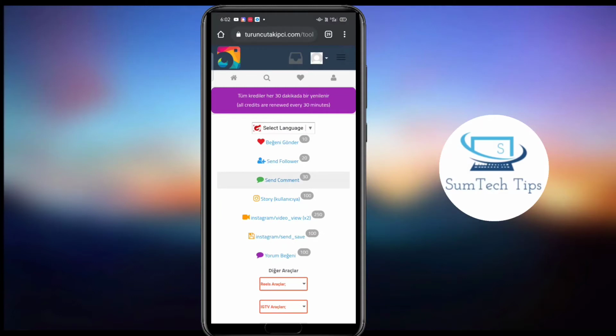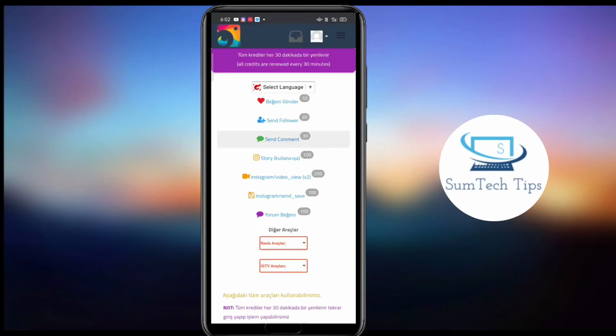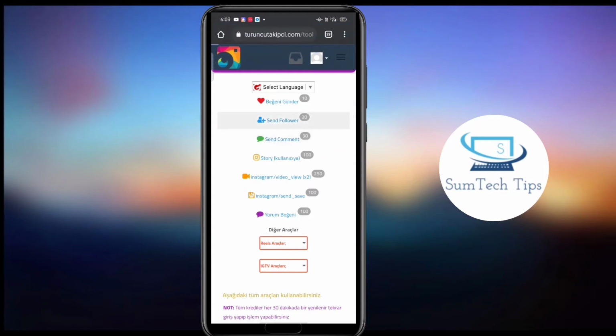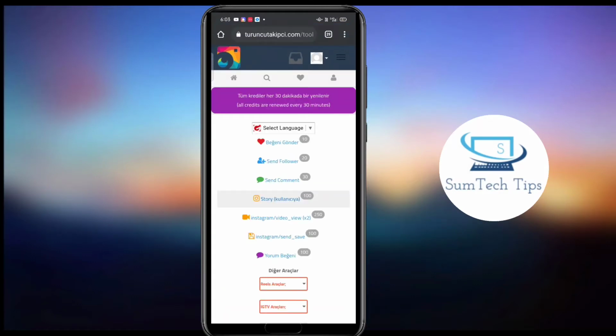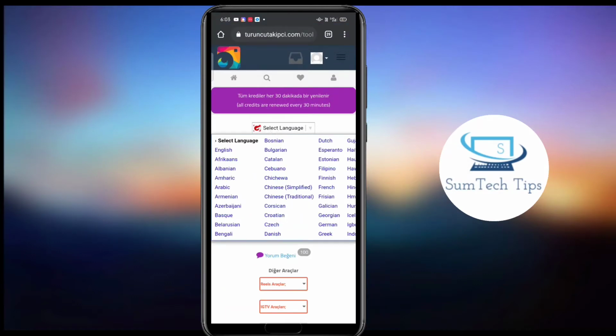So now you will get many options over here. If you all want to increase the followers, you all have to press on send followers button. Now press on select language, choose English,